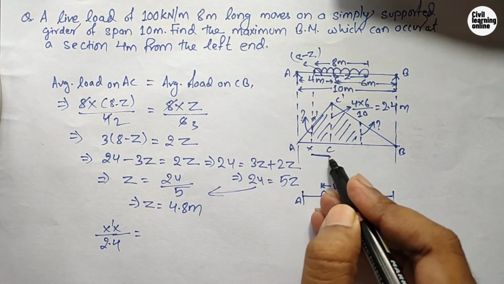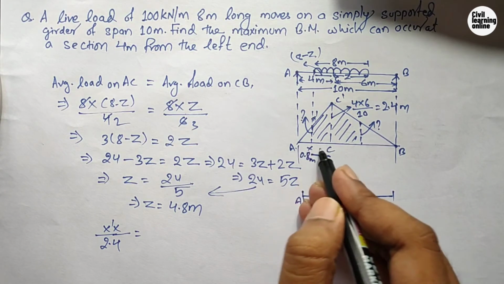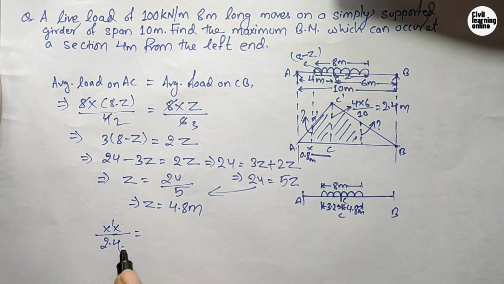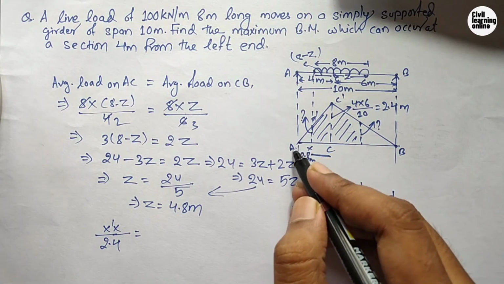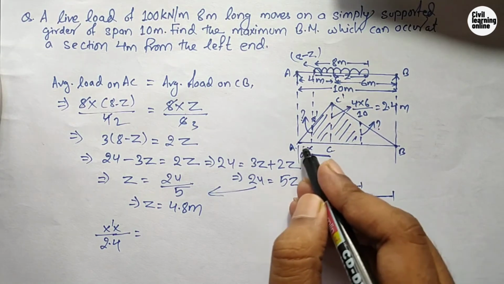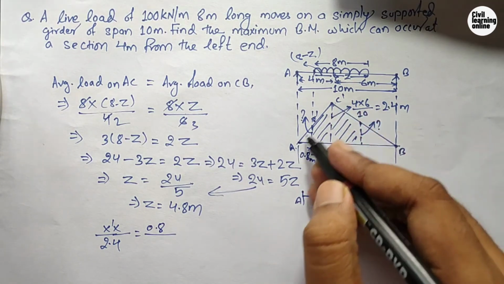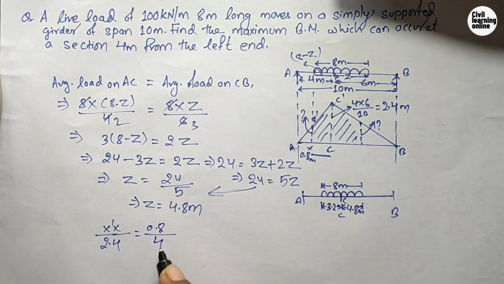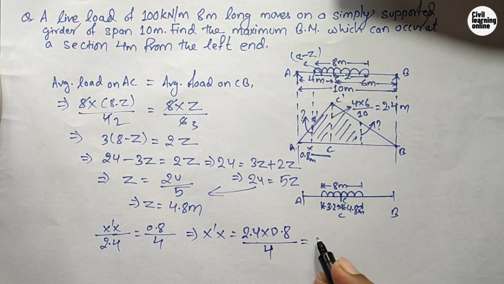up to here Cx span is 3.2 meter, so AX will be equal to 0.8 meter, because the whole AC is 4 meter, on subtracting. So now we are using the condition of similar triangles. In triangles AXX dash and ACC dash, we have covered this. So now we need to consider the base. AX is 0.8 upon the base of triangle ACC dash, which is 4 meter. On solving this, we get x dash x equals 2.4 times 0.8 divided by the whole span 4. So from here we get x dash x equals 0.48 meter.